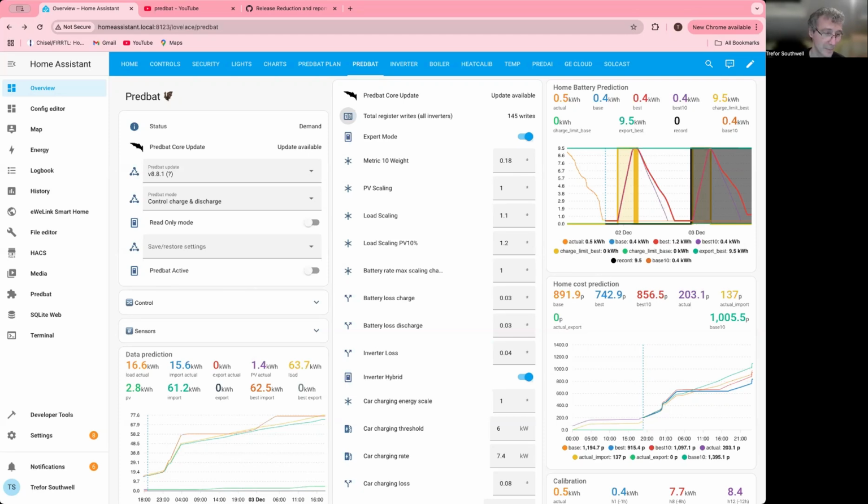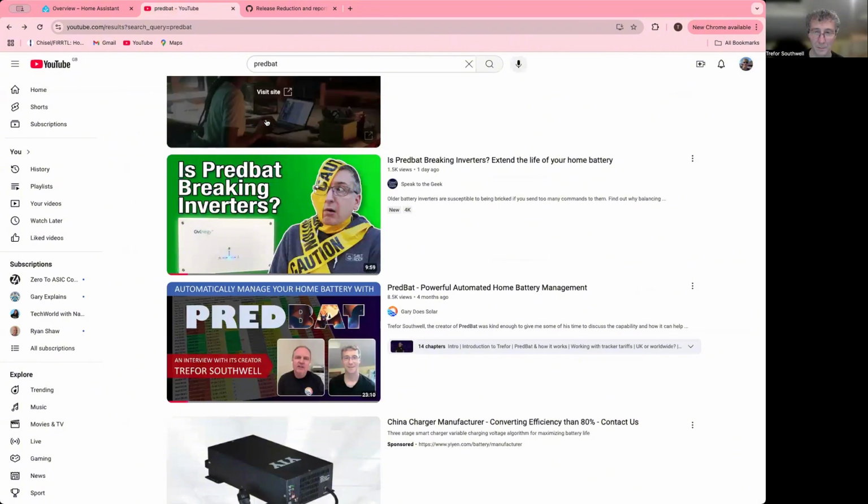So, is Predbat breaking your inverter? Probably not. It's not an exciting a headline, I'm afraid. Still, and just to respond to the Speak to the Geek video here on the inverters issue that he raised, there is actually a sensible technical issue behind here, which is to do with the life of flash memory and